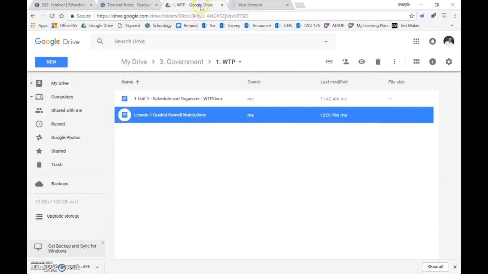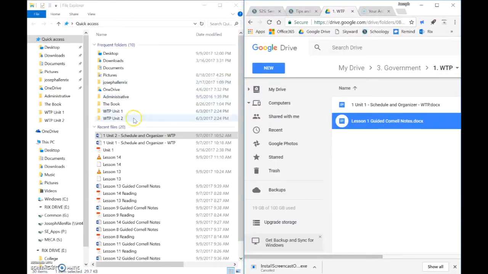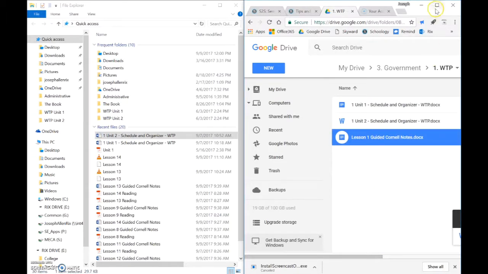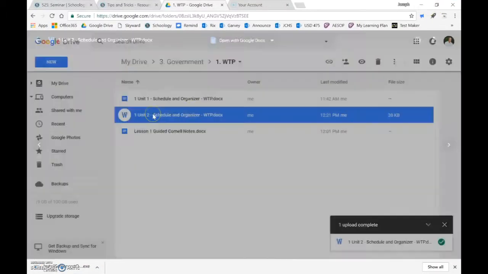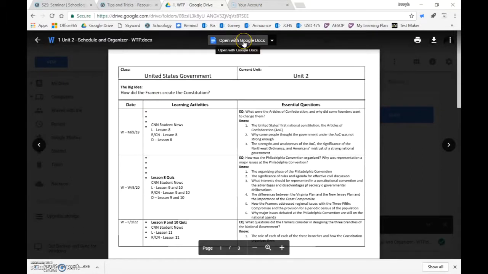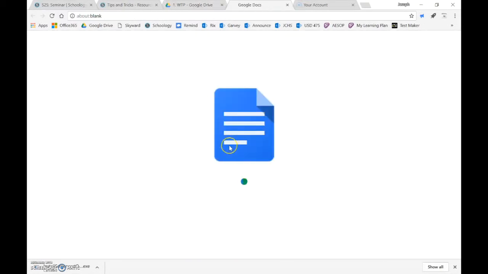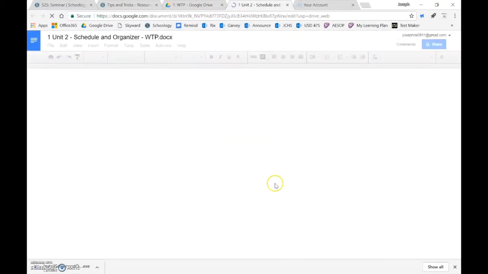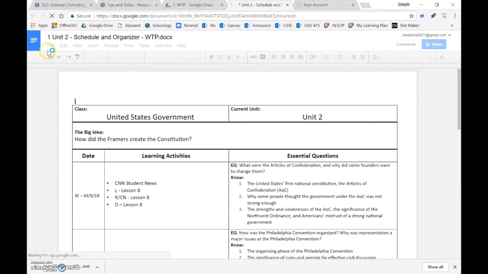So from there, I'm going to go to my Google Drive, and I'm just going to put this on one half of the screen. And then I want to take my Unit 2 Schedule and organizer that I have, and I want to drag it on over to my Google Drive, and then open it, and then open in Google Docs. Now once I have it open in Google Docs, I'm going to come on over here to this side of the screen,